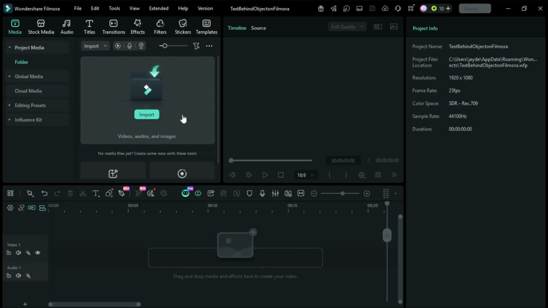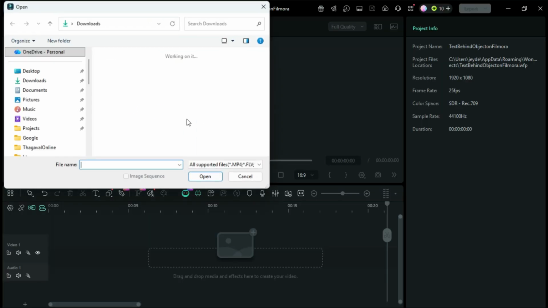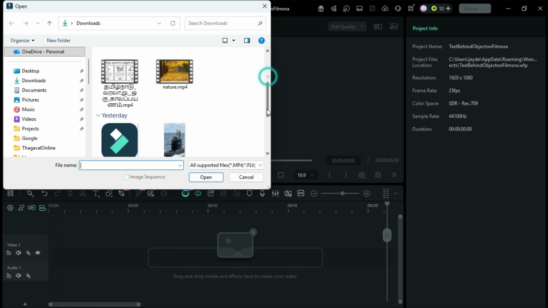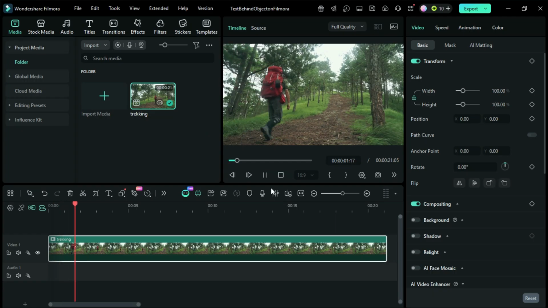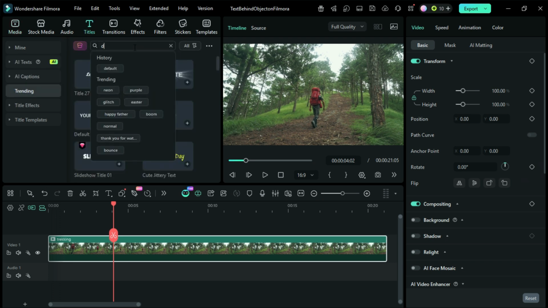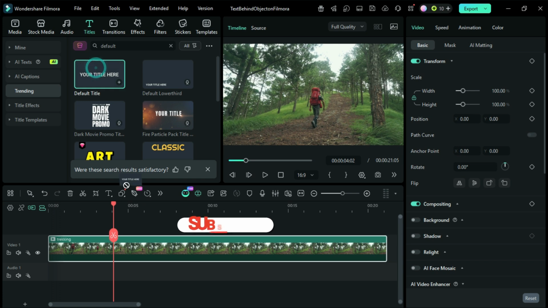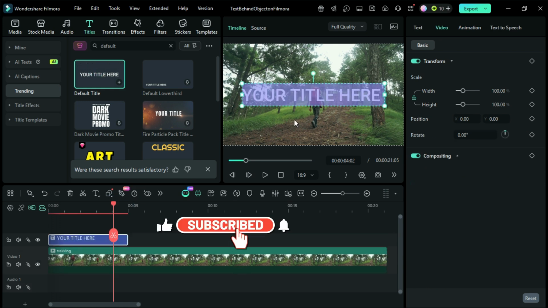Let's get started. In your Filmora app you have to import the video you would like to use as the background video. So I am using the tracking video. I would like to add the text here. So go to title. You have to use the default title. So change the title name